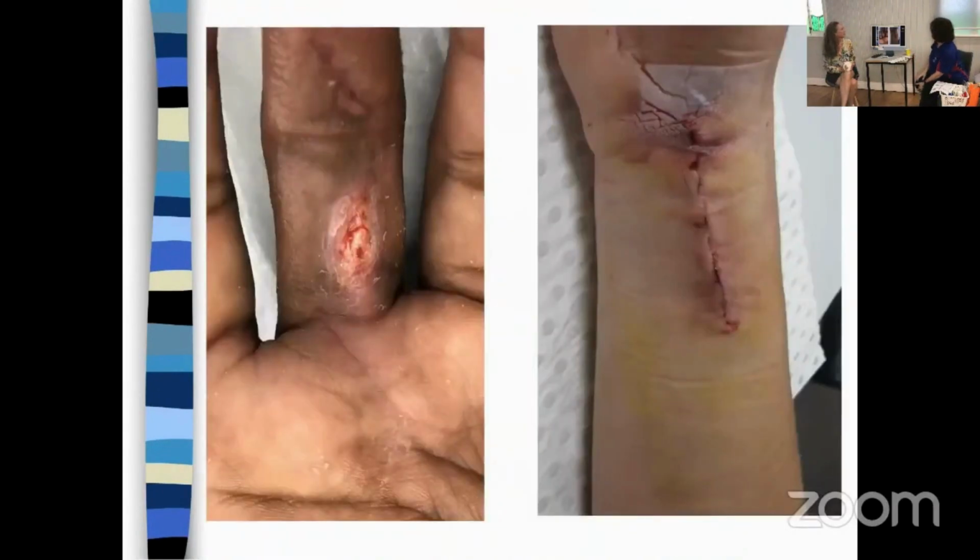Anyway, these are some more common ones that we might see. This was very much a delayed union, possibly related to the patient being a very big smoker, and there was a lot of swelling hanging out there as well, and managing even a single finger was really important. And the classic after a distal radius fracture,